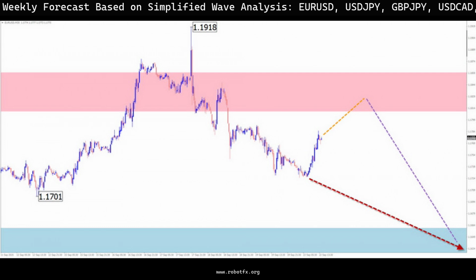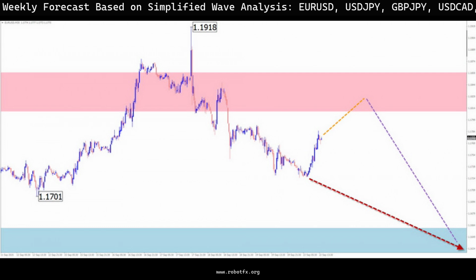The upward wave algorithm that began on July 31 continues to push the euro's main pair quotes toward the upper part of the chart. Since late August, the price has been forming a sideways corrective segment B, which was still incomplete at the time of analysis. A week ago, the price entered a strong potential reversal zone and began pulling back, forming the final part C of the correction. Forecast for the week: